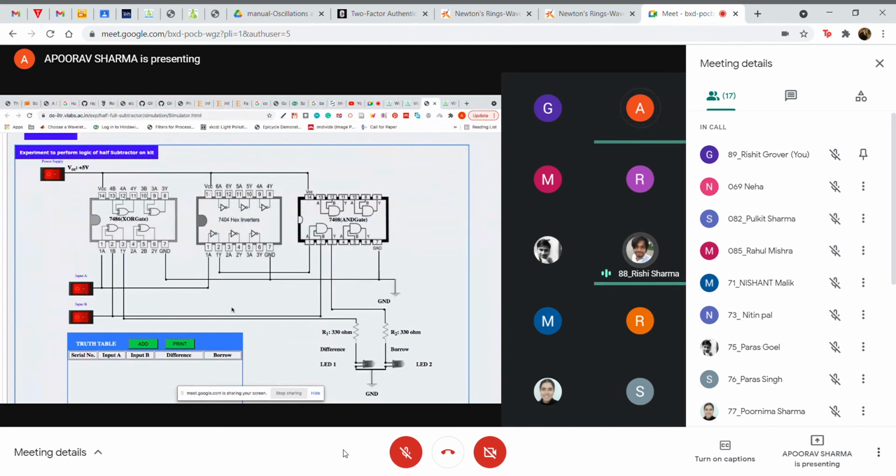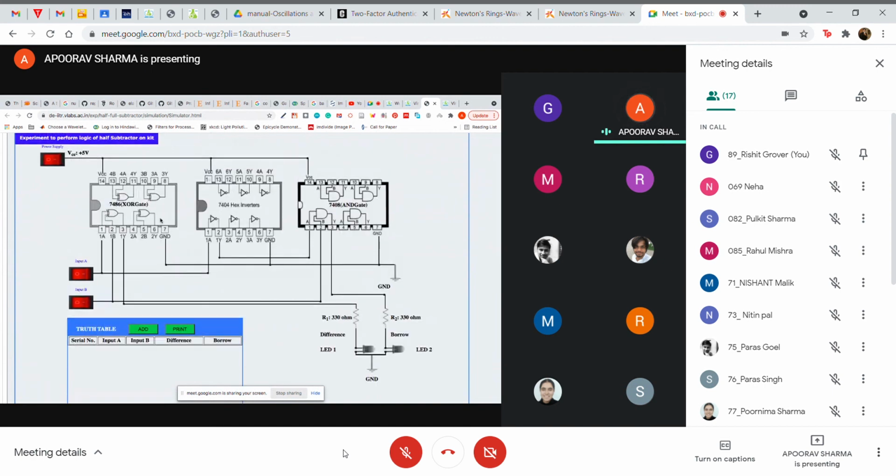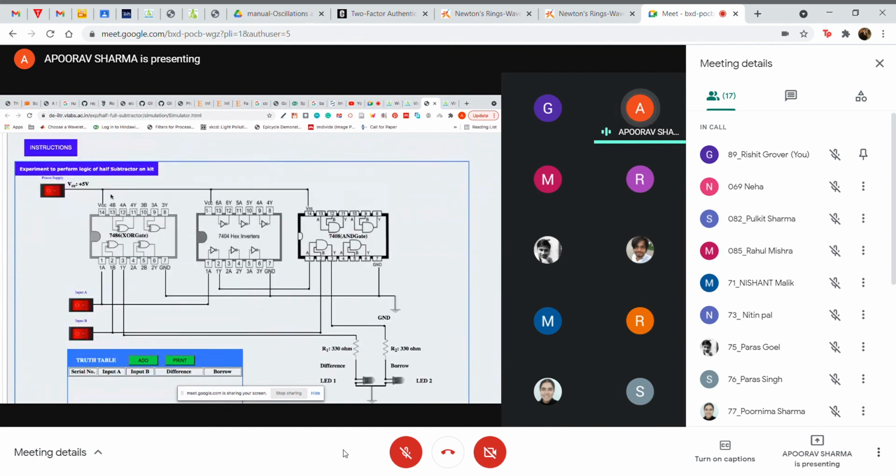So while performing your experiment, please look carefully at the circuit, how they have connected the circuit. This is the way you are supposed to connect this in your lab when you are physically performing the simulations, in your breadboard circuit. And while performing your experiment, carefully look at how they have connected the circuit.